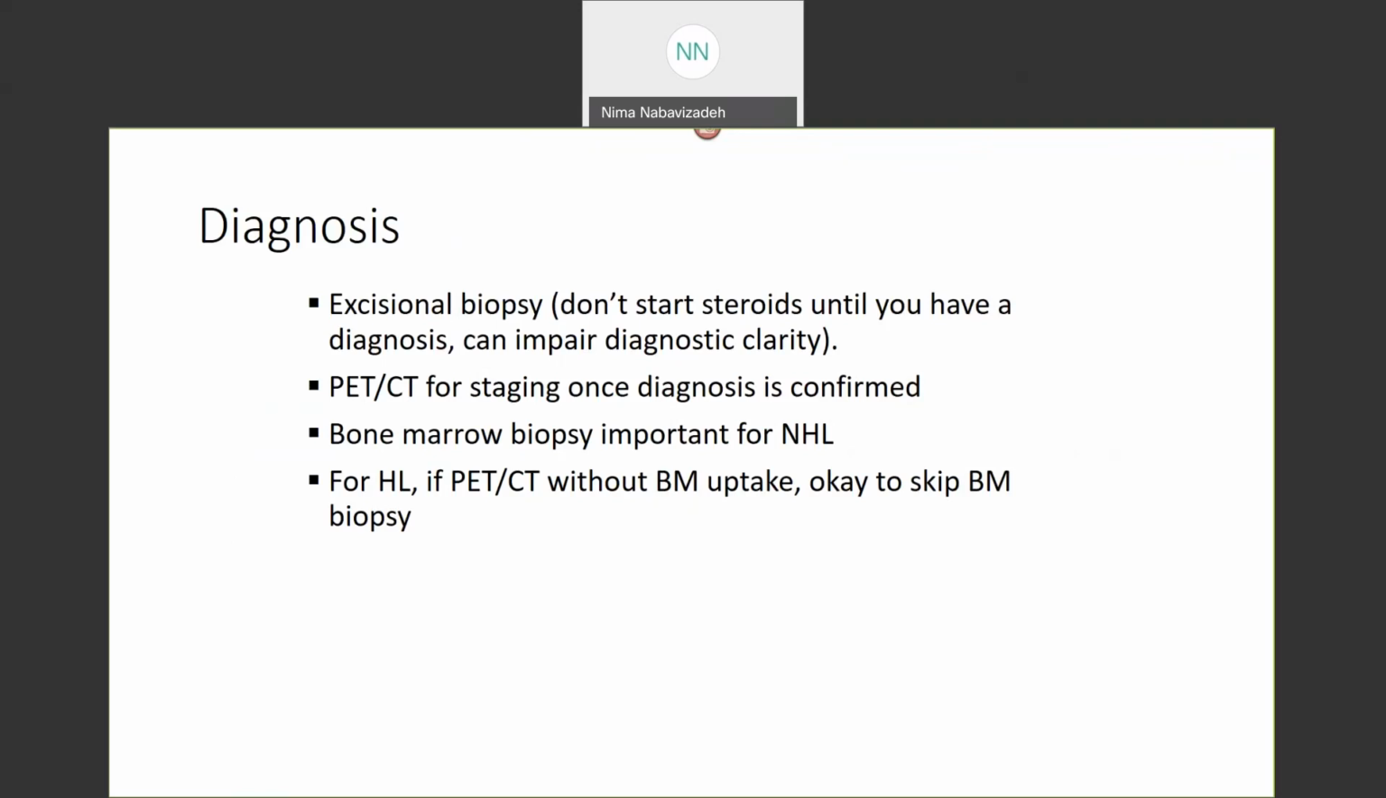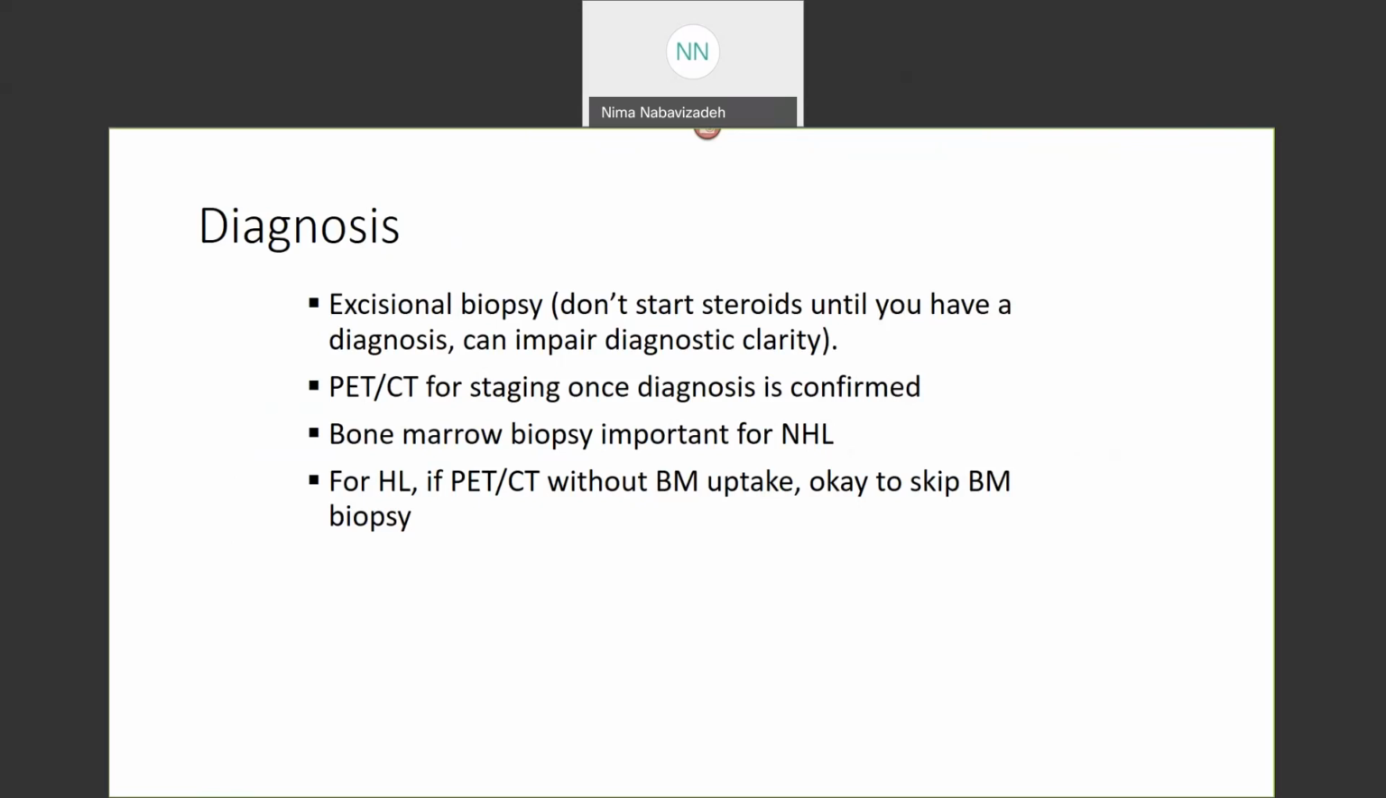Once biopsy has been confirmed. Oh, and one other thing to note is it's important not to start steroids on any patients for any symptomatic ailment, if possible, because corticosteroids can differentiate lymphomas and make them look nicer than they potentially are. So it's important to wait until you get the excisional biopsy to start steroids, if you can. Obviously there are situations where you must start steroids quickly, but if you can hold off,